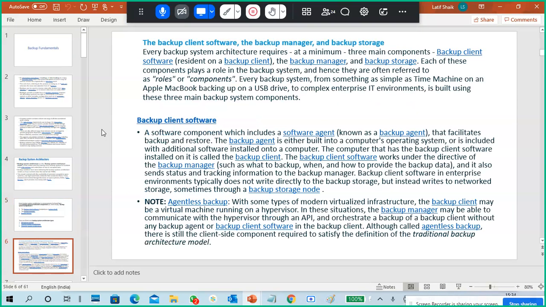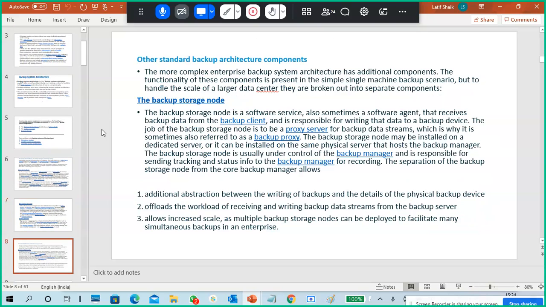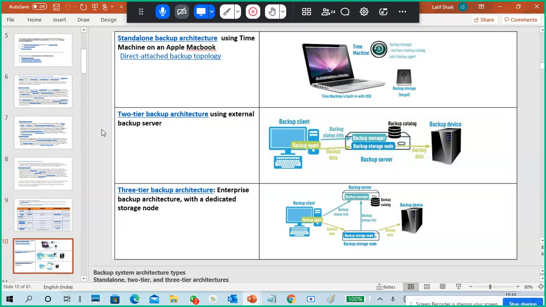Like you have a laptop or maybe a desktop. The pictures are there, no? Yeah. You have a laptop or a desktop, and you have an external hard disk. You use some tools. So what we can say, maybe the default Windows backup tool. The default Windows backup tool is also there.